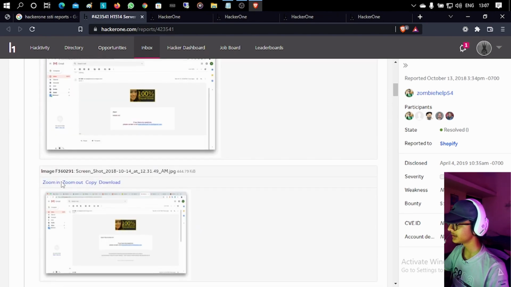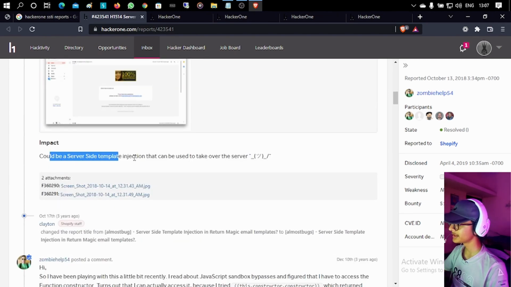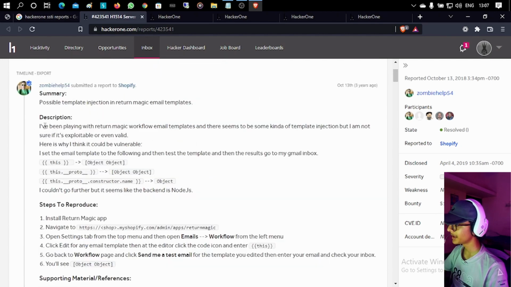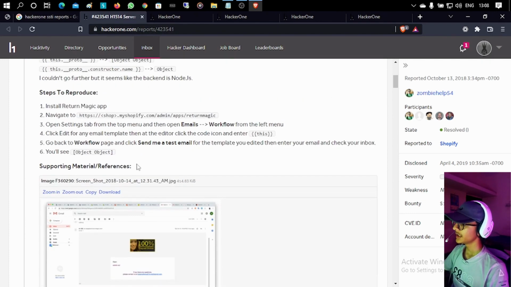So he just clarified here that it could be a server side template injection that can be used to take over the server. Okay, but actually he said, I am playing with Return Magic workflow, and there seems to be some kind of template injection, but I'm not sure if it is exploitable or even valid. Okay, so he is not sure about it, but it was valid. He was in this area,